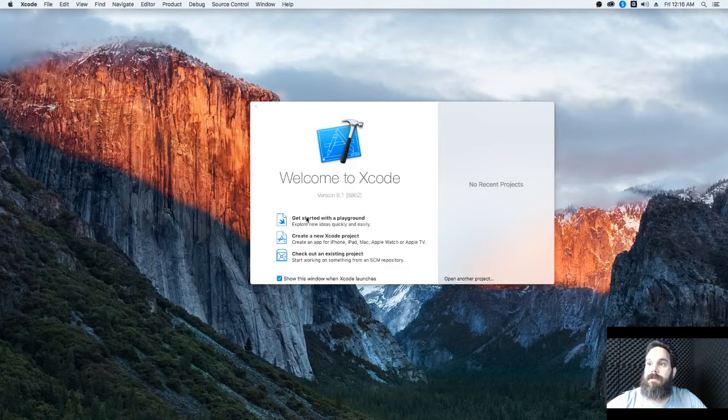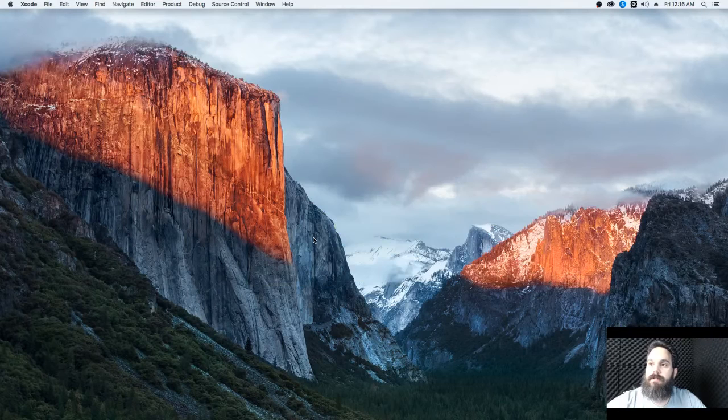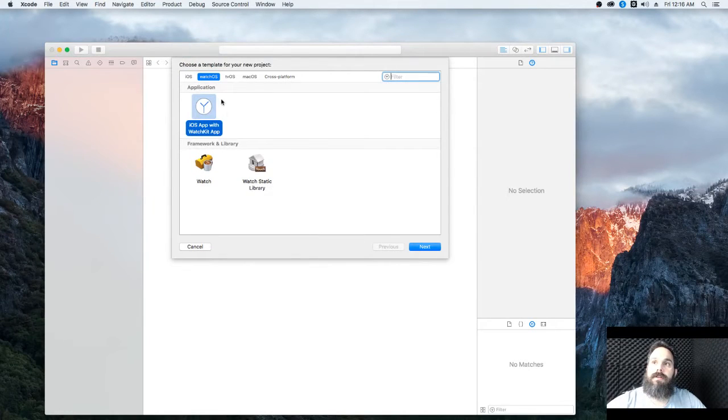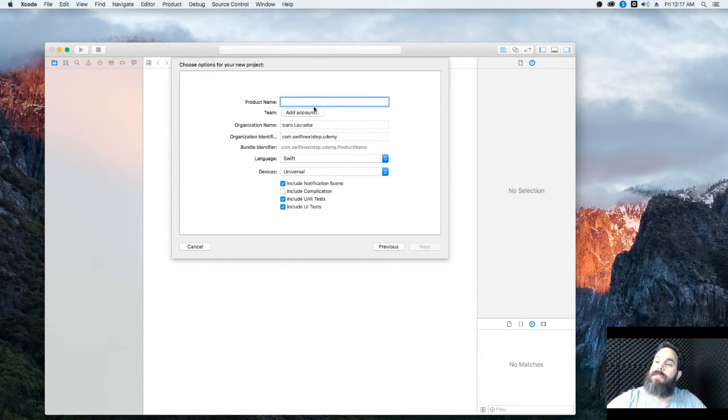So first thing we're gonna do is create a new project here, and of course it's gonna be watchOS. We're gonna just select that and click next. Then we're just gonna give it a name, and I'm not quite sure what I'm gonna do because I'm not sure what's actually available. So I'm just gonna call this now just test, or